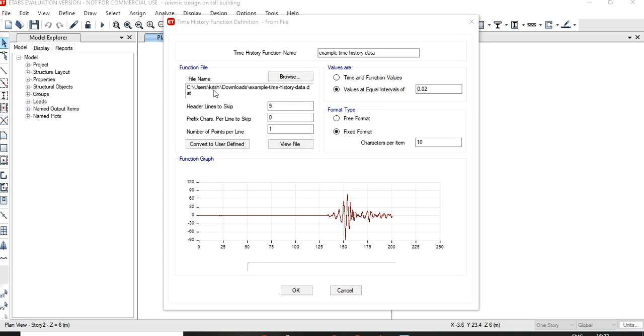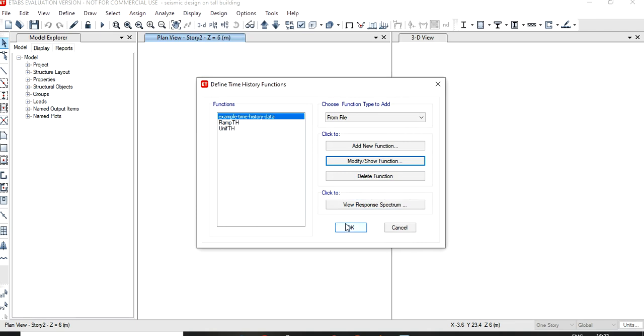Here choose the file from your desktop, and here I have also given the name example time history data, click on the fixed format, then click on OK.